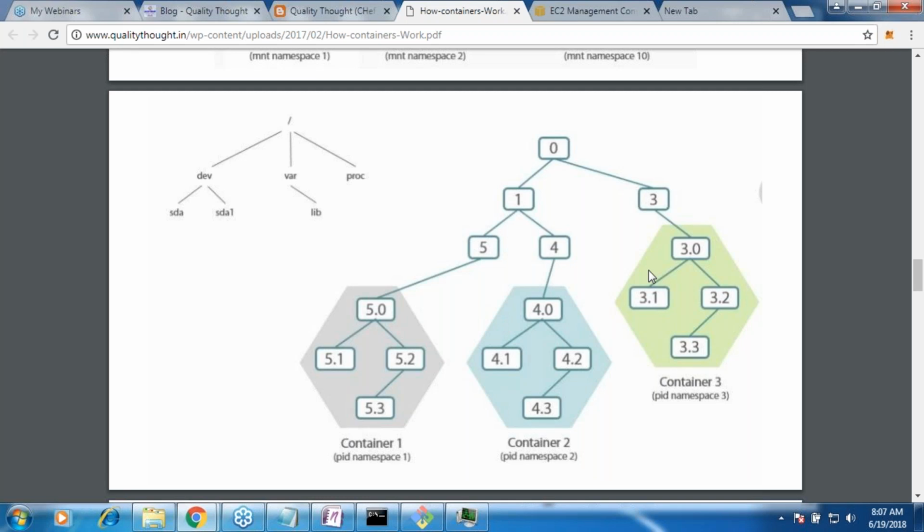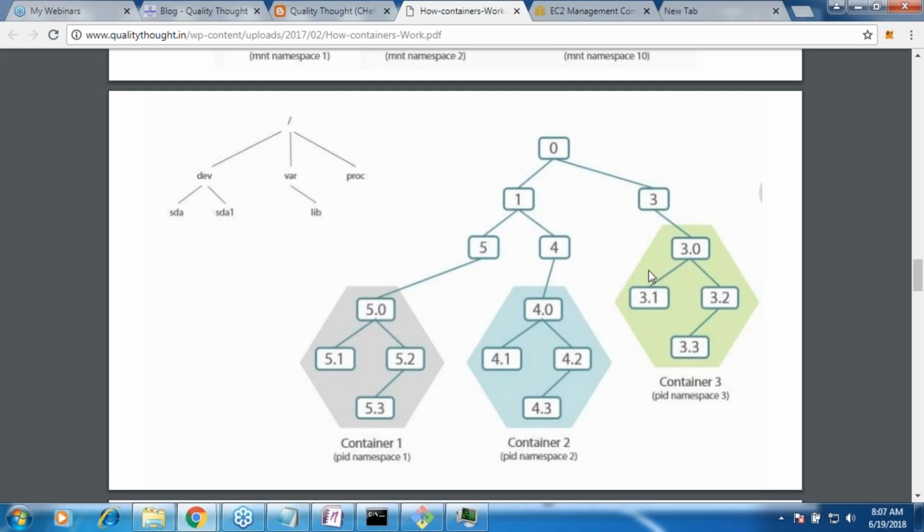So every user space is getting its file system which starts from root. Every user space, or every container, is getting a process tree which starts from 0. That is what your operating system gives. Container is also giving that, right? So for the application running inside this container, there is nothing that needs to be changed, because it is getting the file system, it is getting the process tree, and it can do its job, right?